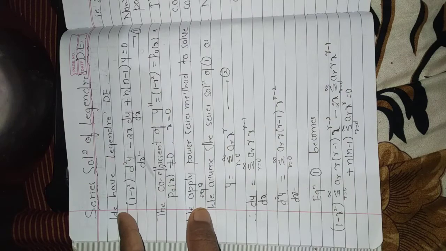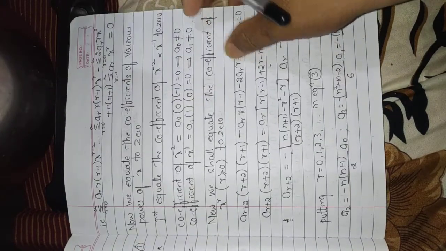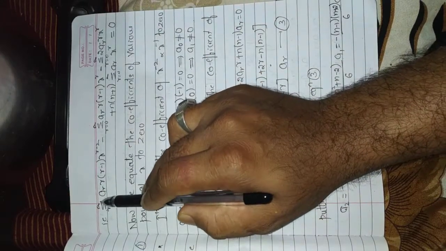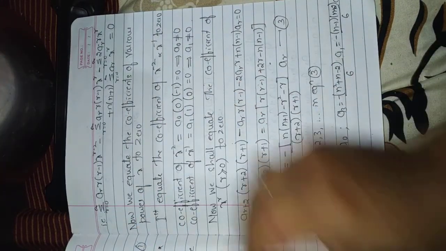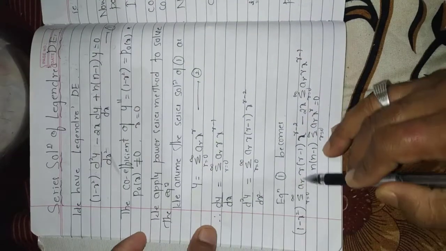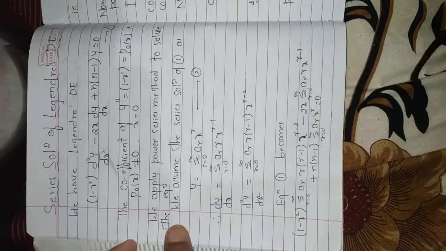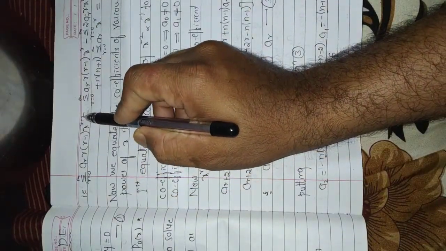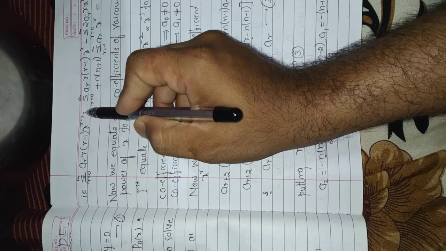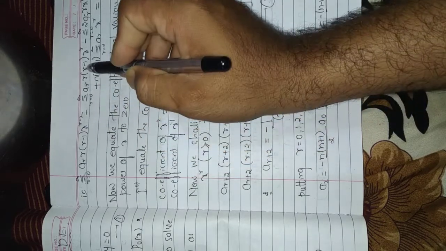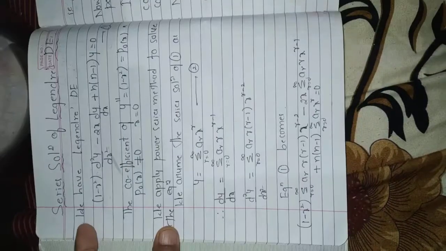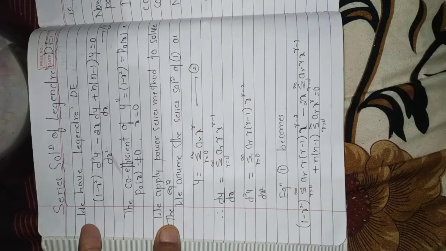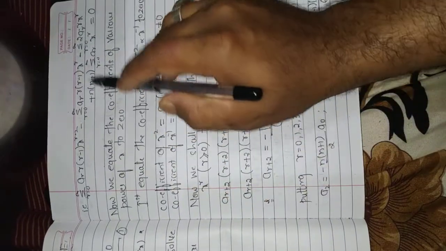Okay, now let us go further. The next part of this is like this: summation r from 0 to infinity. Multiply this 1 to the first term and x square to the second term. So you will get ar r into r minus 1 x to the power r minus 2 as one term, and when minus x square is there, multiply x square. It will eliminate minus 2 and this x square gets cancelled, so x to the power r remains.